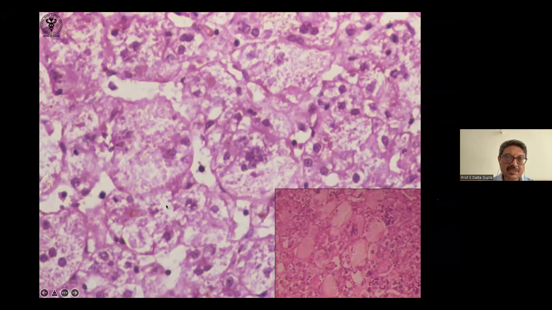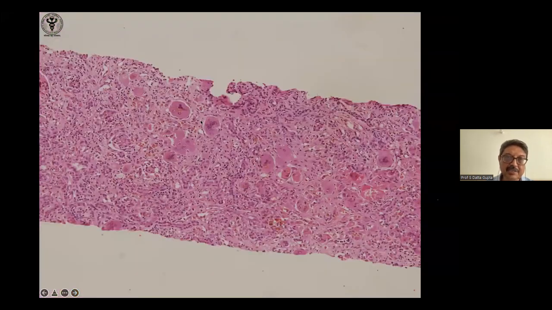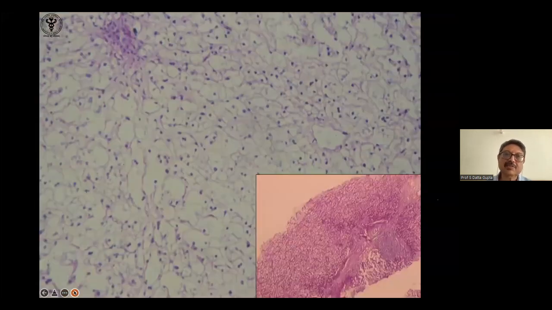Now, in children and in others, you not only get ballooning degeneration as a form of regenerating change, you often get three or more nuclei within the same cell. So when you get a large cell with 3 or more nuclei, you call that a giant cell. This is typical in neonates, and it's called giant cell hepatitis. See, more than 3 nuclei here, they are large cells, and this is called neonatal hepatitis, where you get giant cells.